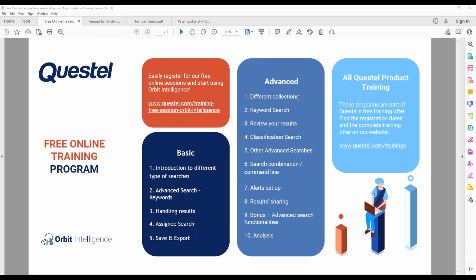So the first point that we will talk about are the different collections, the different databases of Orbit Intelligence that are freely available for you. Then we will go through the keyword search. It's a topic that has already been dealt with during the basic session, but it's such an important module that we will go through a search strategy.